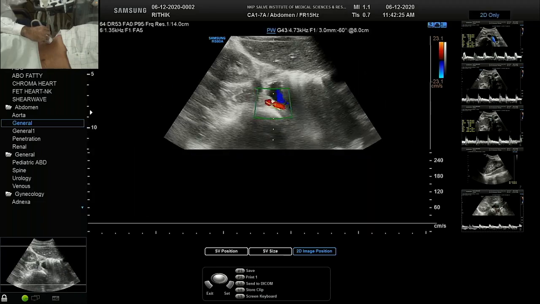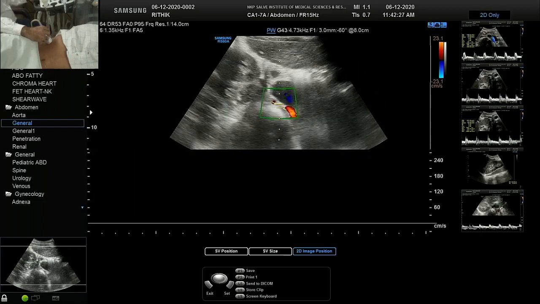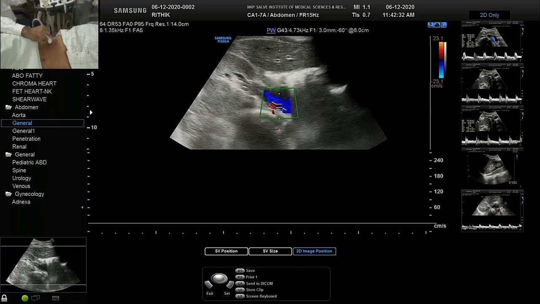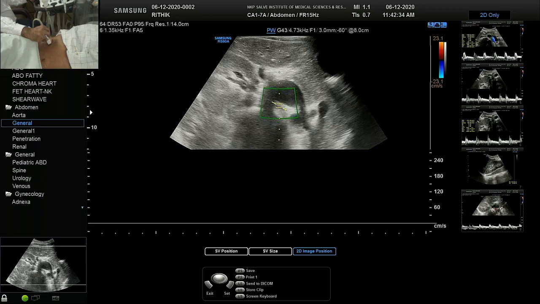That is the mid part of the renal artery. Our angle is almost okay, sample volume is okay, so we move with